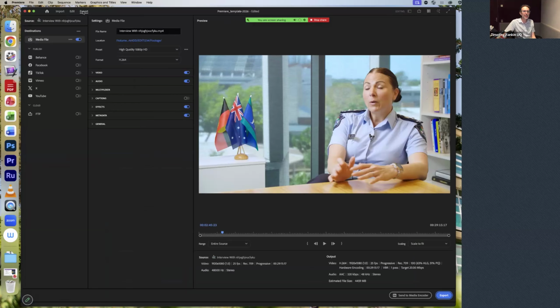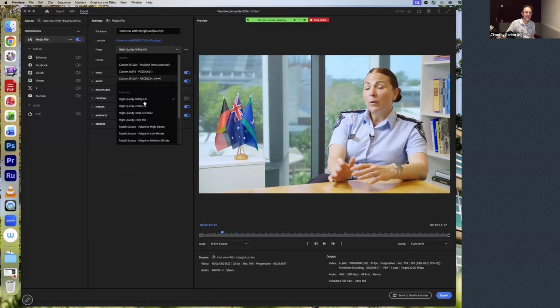All right, and this is where you can choose a preset to export your video out as. And what I mean by preset is what kind of format it exports out as. The most common is an MP4, which is very compatible with YouTube, with uploading to Echo, all those platforms. So look, what we recommend is just go to export, put the preset